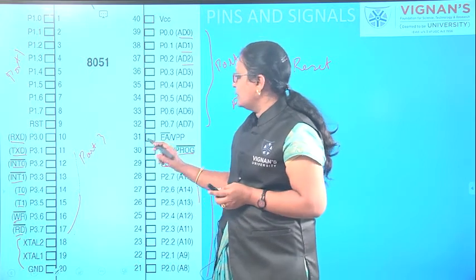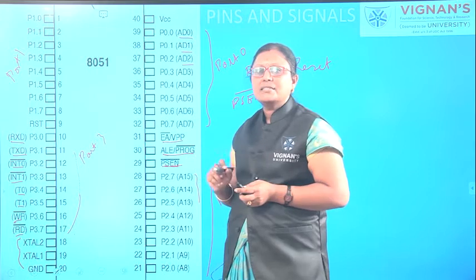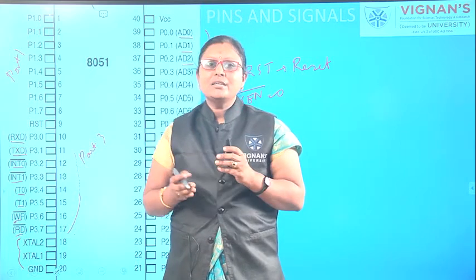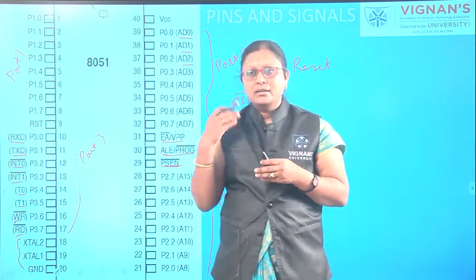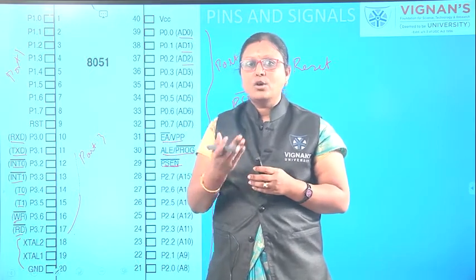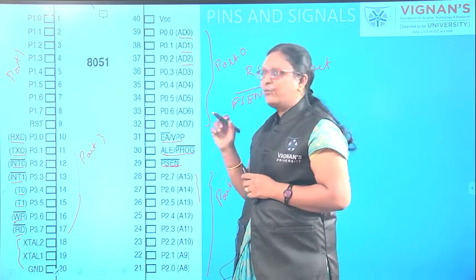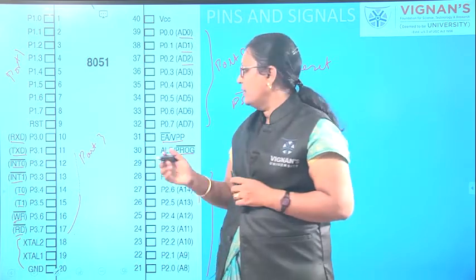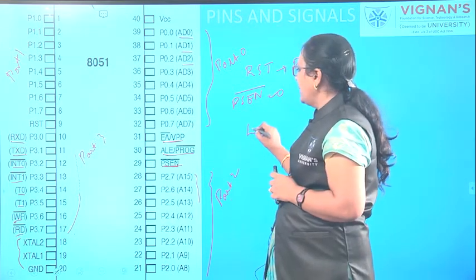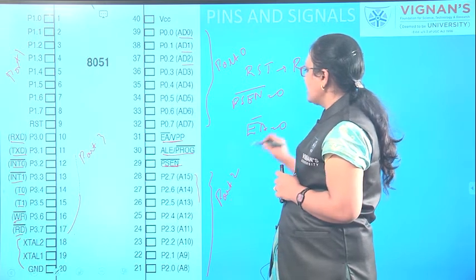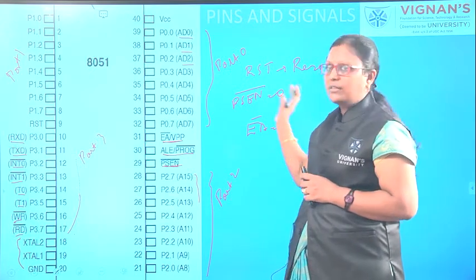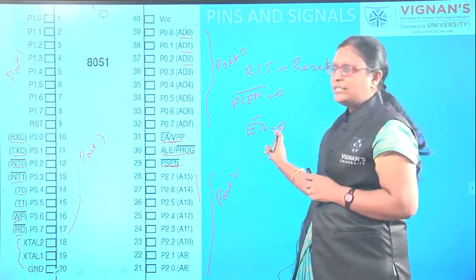Starting with pin number 31, which is the external access pin. External access means we are not only using the internal memory or internal devices; we can add external ROM also, right? So if you want to access any devices externally, this pin has to be activated. Clear? If EA bar equals 0, since it is a low level signal, it will give you the output. That is, if external devices are acting upon it, it has to be 0.